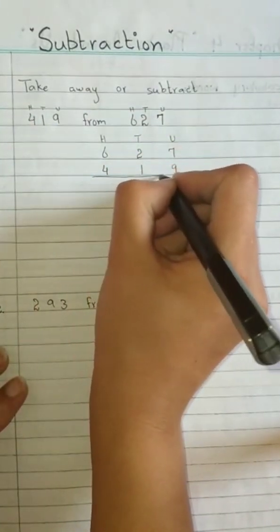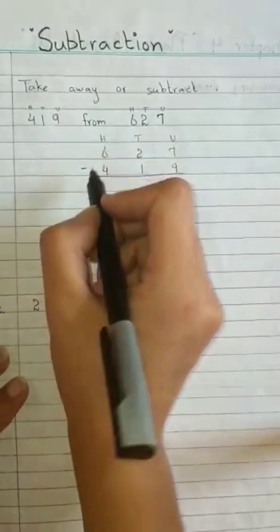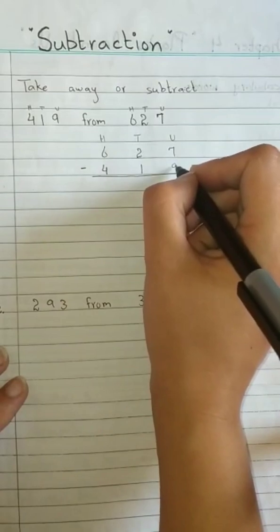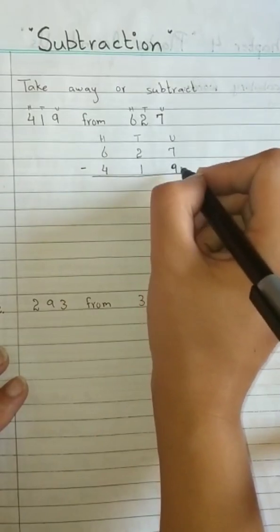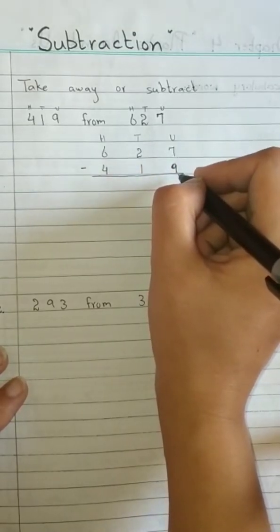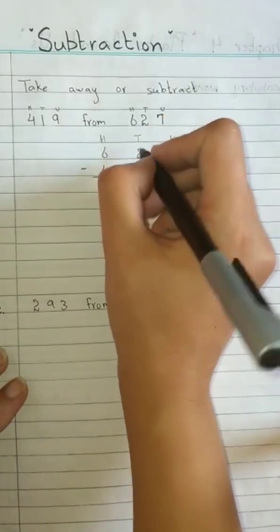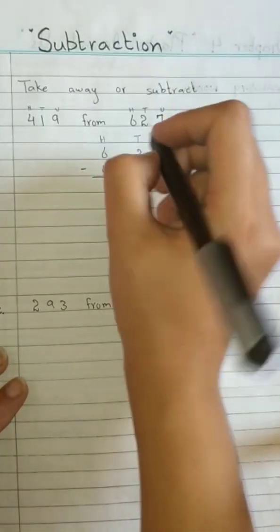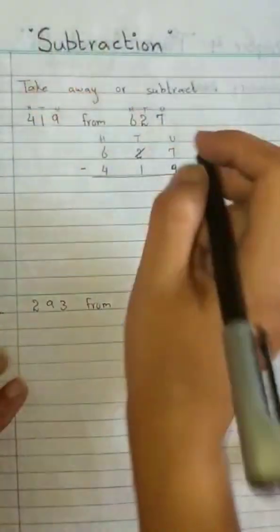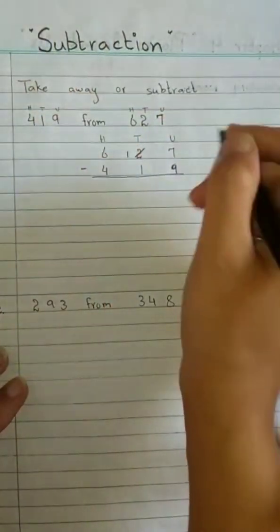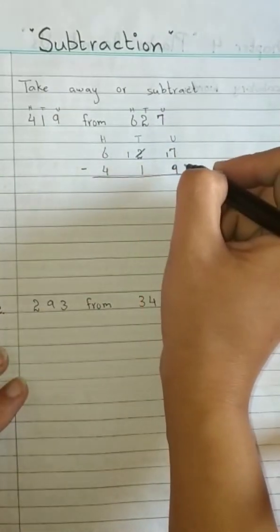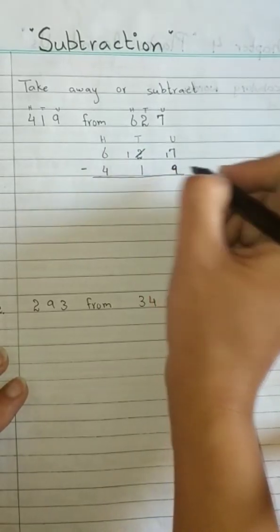Now we have to do subtraction. For subtraction we are putting the sign of minus. We have to subtract 9 from 7. Can we subtract this one? 7 में से हमें 9 काटना है, हम काट सकते हैं? नहीं. So we will ask this tens to lend one number. जब हम इससे one number लेंगे तो 2 के बाद क्या आता है? 2, 1. So we will write 1. Now we will give 1 to this number. It will become 17. Yes, 17 में से 9 हमें subtract करना है.